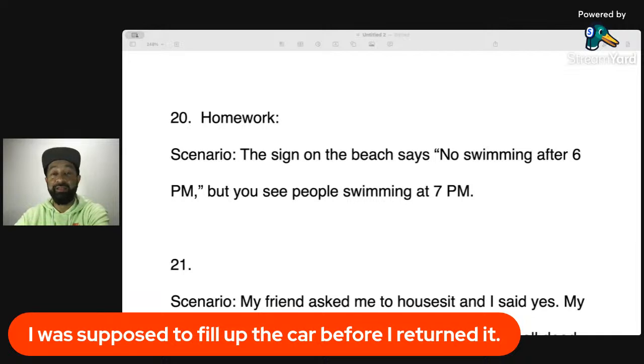All right, be supposed to is so useful. We use it a lot. It really makes you sound like a native English speaker. If you can use this grammar, you will sound more fluent. Now today, be supposed to is very simple. I have a plan, or there was a plan. That plan didn't happen. In this situation, I use be supposed to.